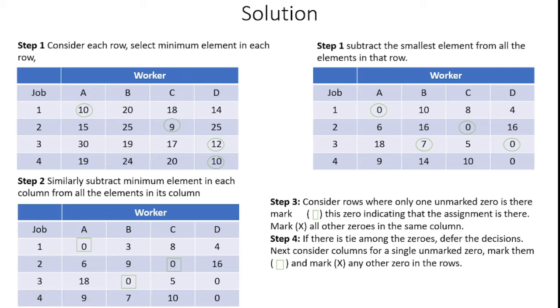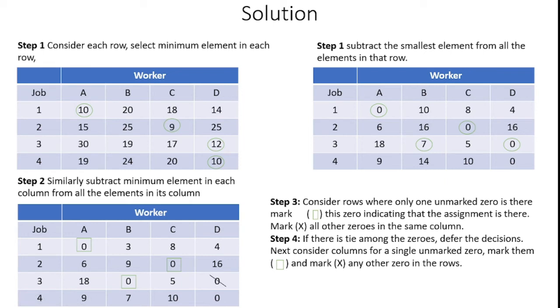The other zeros available in the same column, you may put a cross mark in that same column. After that I can move to the second column. In that, the third job with B has a square, which means 0, so I can put a square box here. Here also the assignment is there. After that I can move to C, because in B I assigned the job to worker B, so I can move to worker C to assign the next job. The 0 assignment here is also available, so we can assign the second job to worker C.